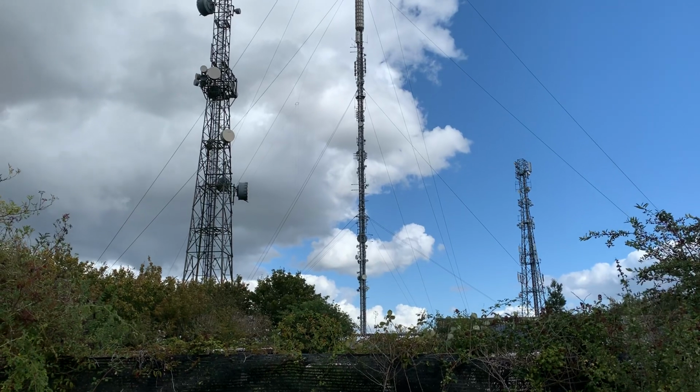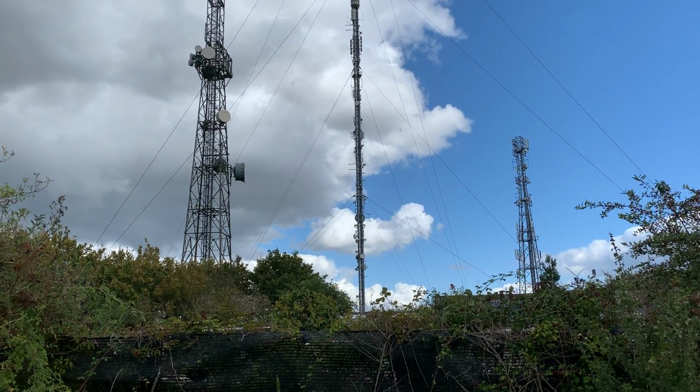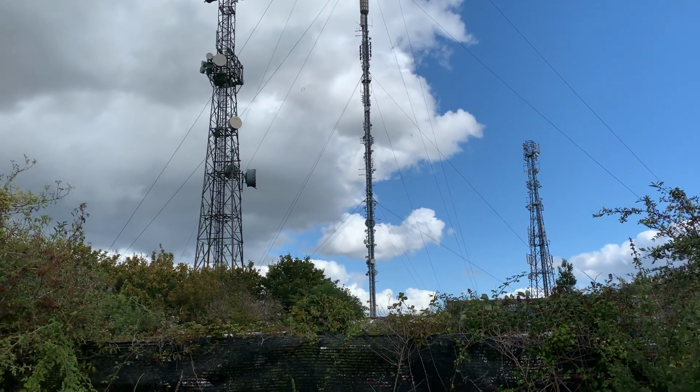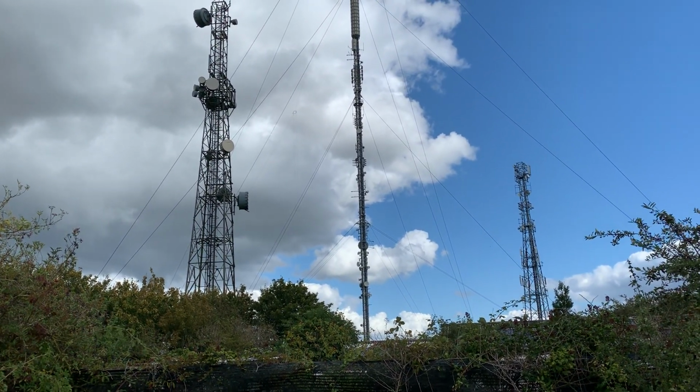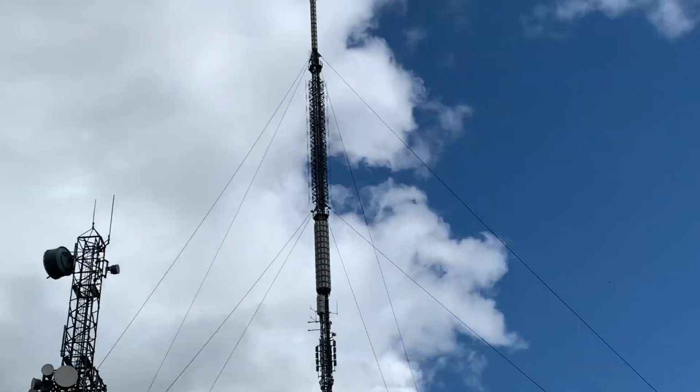So there you go. Hope you enjoyed that little snapshot of what is a famous landmark in and around Oxford. You can see this thing literally for miles, and now I'm up close to it, I sort of understand why. It is absolutely huge,